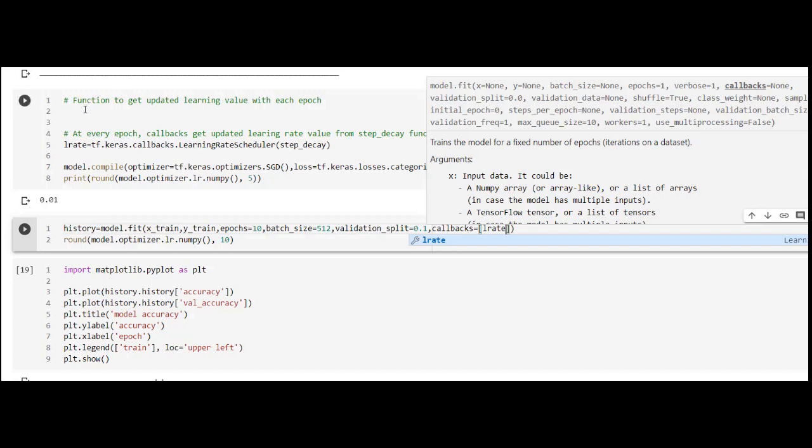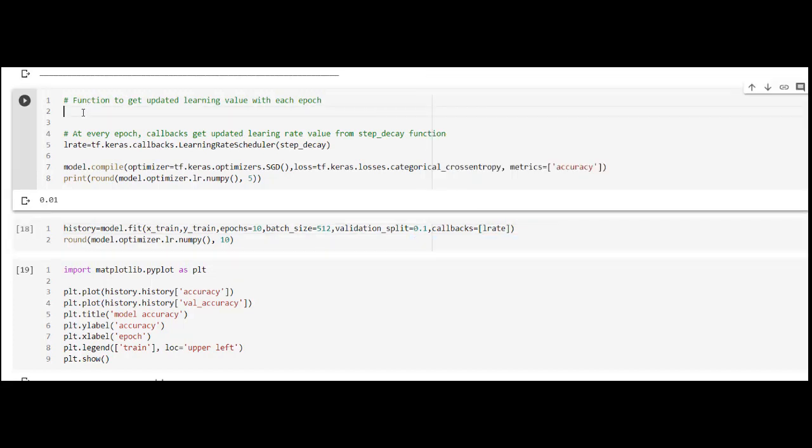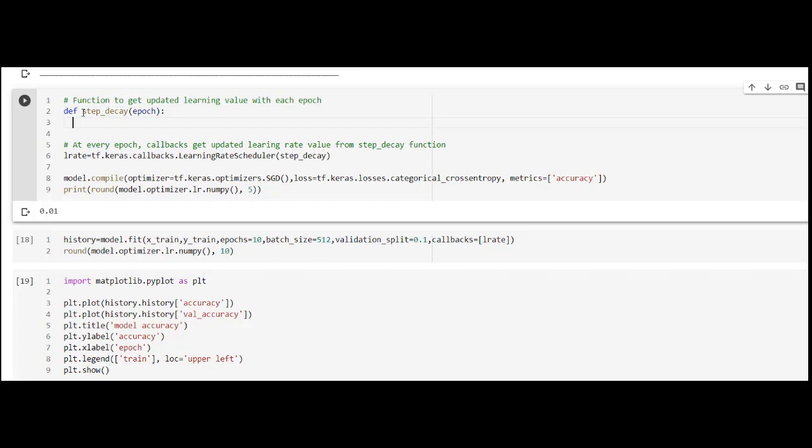But we haven't specified how we want to reduce our learning rate through the step decay function. So now it's time to write a function to specify how we want to reduce the learning rate. For that you have to define the step decay function. This decay function will take epoch as an input automatically. After each epoch the value will be updated.